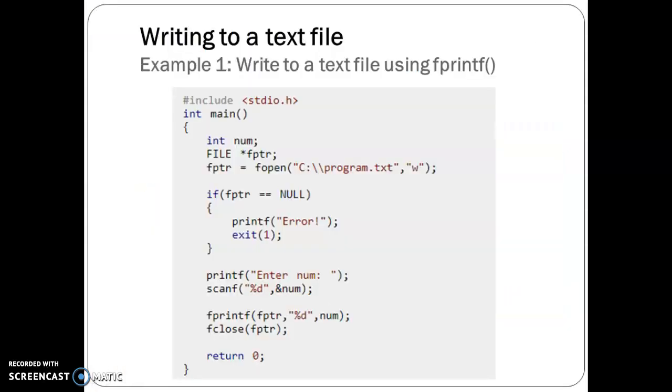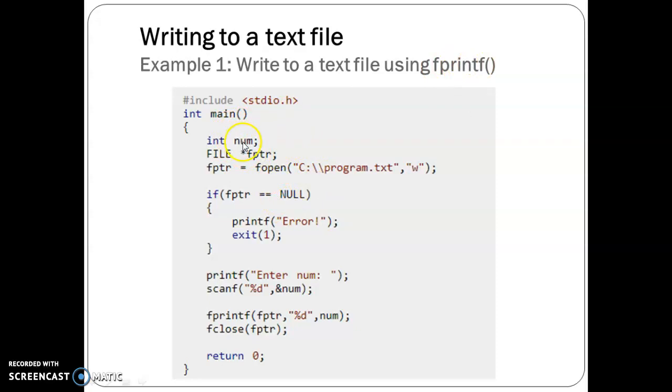Fine. So this is the first program, how we are going to write data to a file, right? So whenever I want to write data to a text file, I need to make use of the fprintf function. Till now we have used the printf and scanf functions. Whenever I want to print the data, or if I want to write the data into a text file, I need to make use of the inbuilt function fprintf. F stands for file printf. Okay, so this is the code for that.